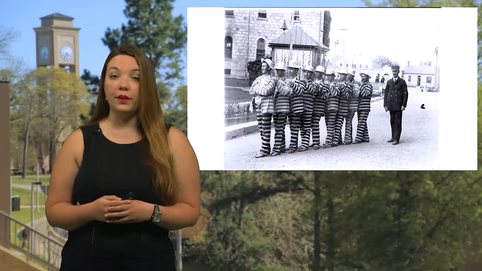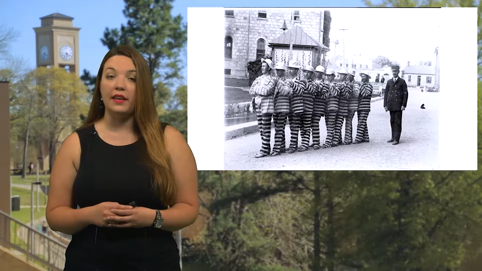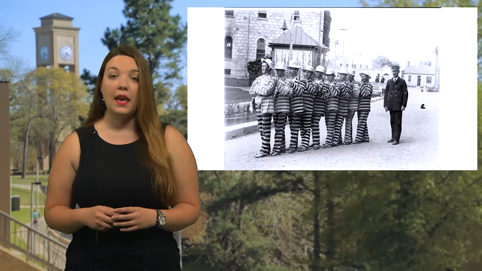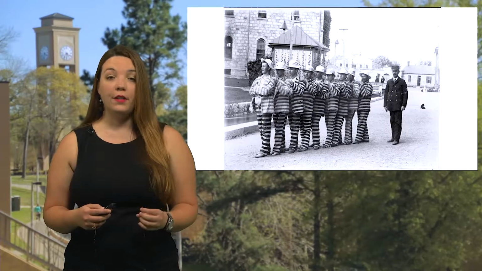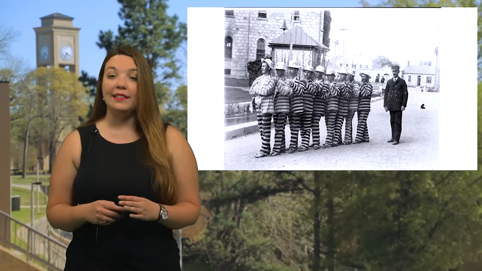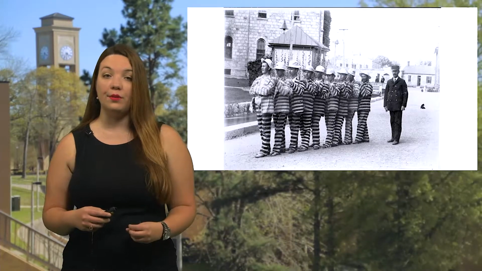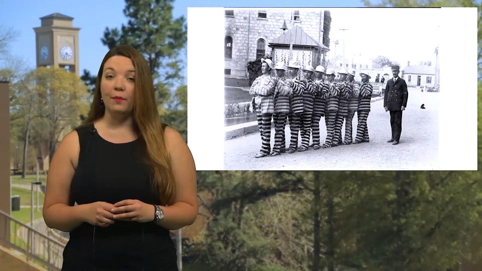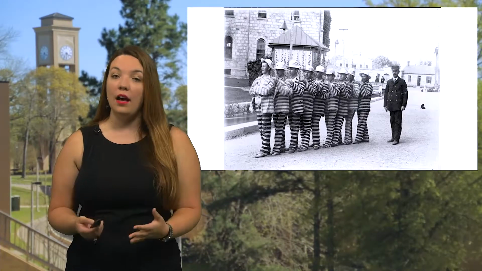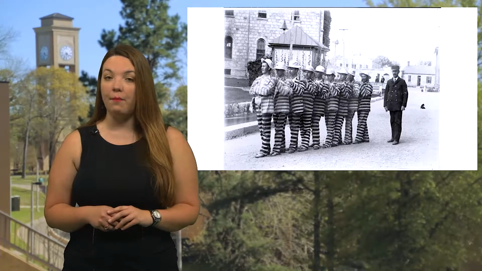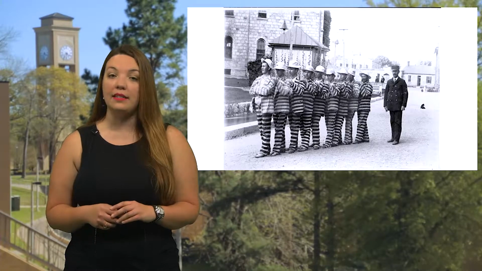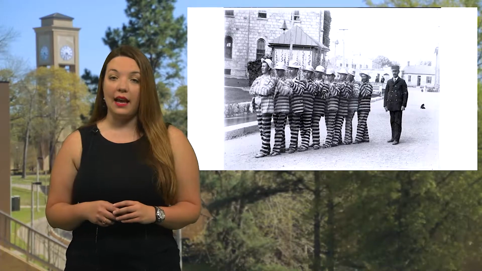This picture is a picture of prisoners walking lockstep at Colorado State Penitentiary, and the picture is dated somewhere between 1898 and 1900. This picture shows 2 things. First, the prisoners are wearing the striped uniforms that we talked about before. Everyone is wearing the exact same thing from their hats down to their shoes. They're also walking in lockstep formation, which would require the inmate to hold one arm against his chest and place the other arm on the shoulder of the inmate that is in front of him. This formation allowed for one correctional officer to monitor 10 to 20 men at a time without any of the inmates getting out of line.